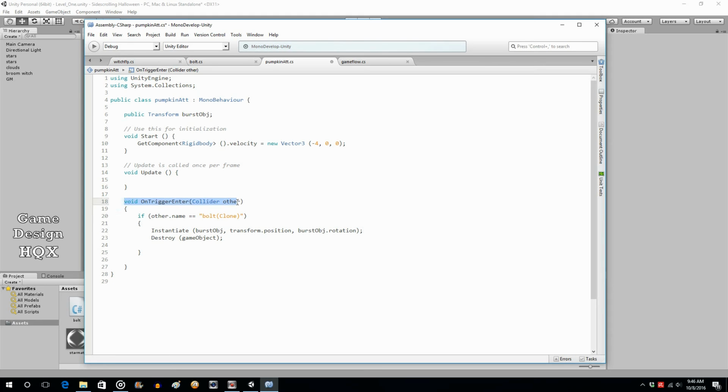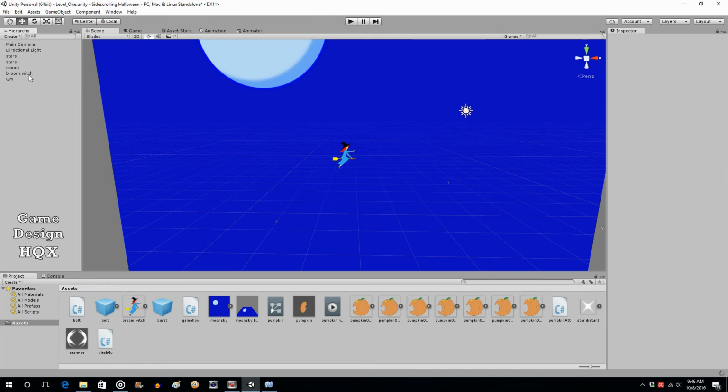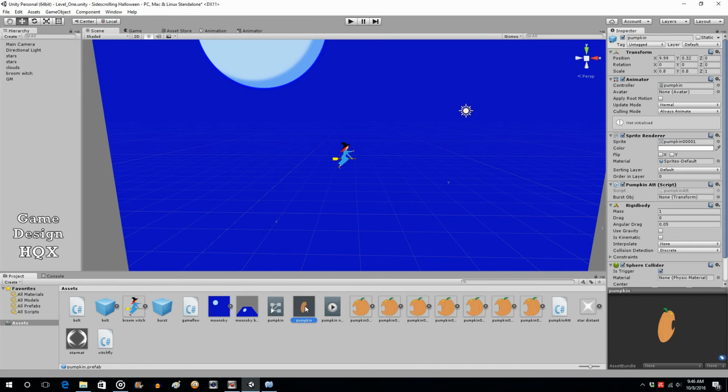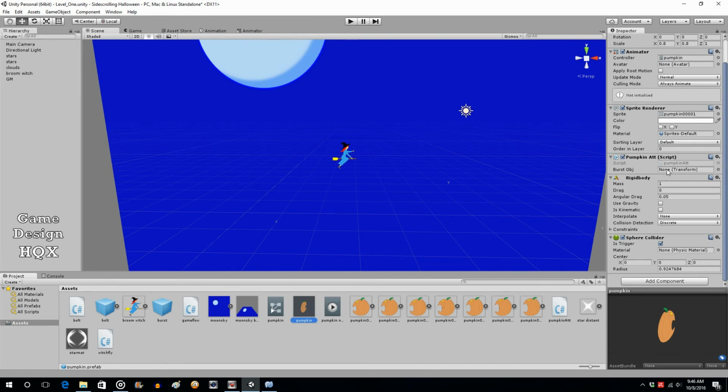So we already detect the collision. We already checked to make sure that it's the bolt it's colliding with. That way we're ruling out other collisions, like collisions with other pumpkins or collisions with a witch. So in addition to destroying the pumpkin, we're also going to instantiate the burst. Now the final step is we go to our pumpkin object, you'll see that new burst variable. We take burst, we put it there,